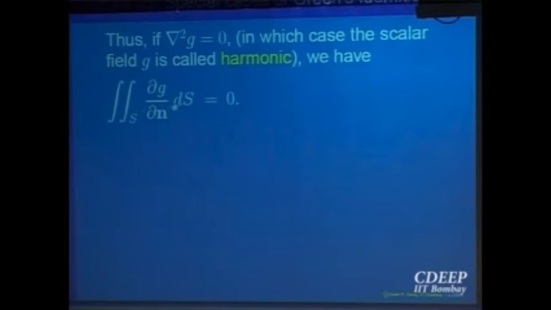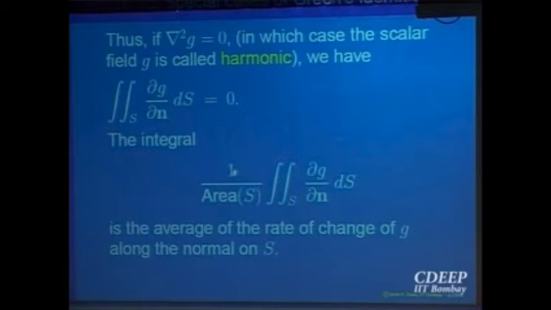Normally, supposing I divide this quantity by the area of the surface, okay? So that is given a name. Look at 1 over the area of the surface times this integral, okay? That quantity, what does it signify? What does del g by del n signify? That is the rate of change of the function on the surface. So this is the total rate of change of the function on the surface, and this is the total surface area. So you can call this the average rate of change of the function, okay?